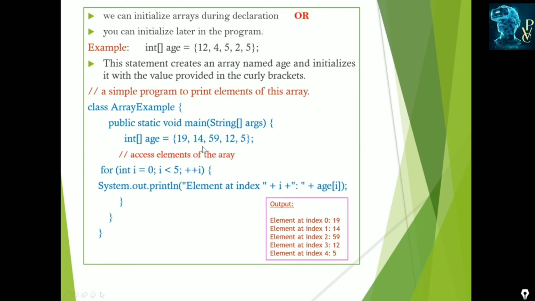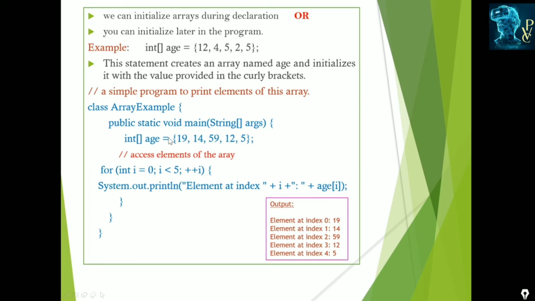For traversing and printing these elements, array indexes go from 0 to n minus 1. So for array indexes, we require one variable, this is i. Array index always starts with 0, and the size is 5. So 5 minus 1, so i less than 5, and i plus plus. Print elements a of i.